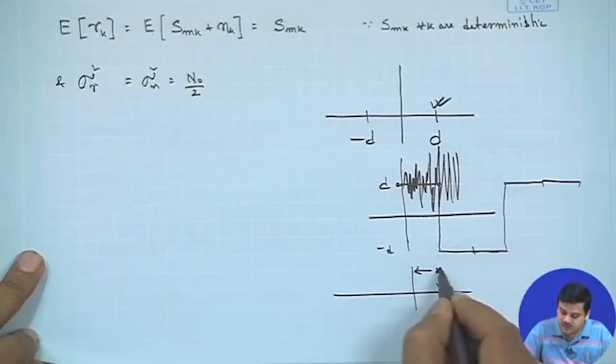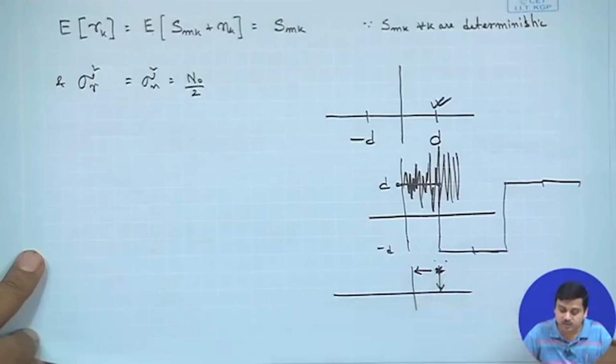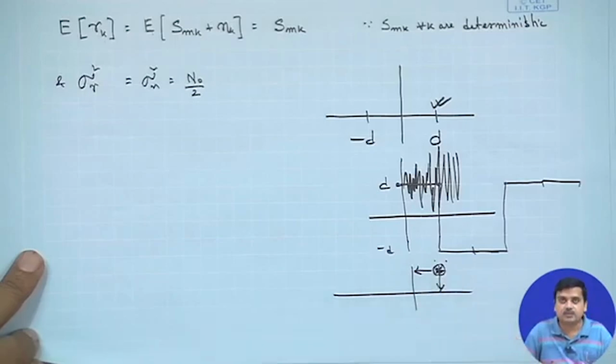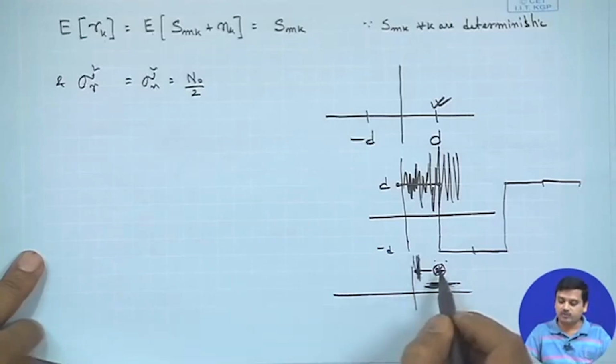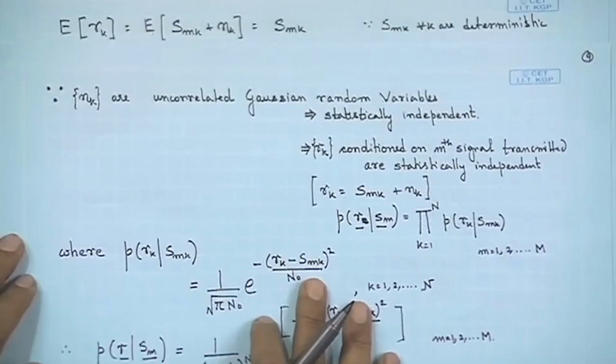So, this received signal could go in any space, but on average, if I am sending this constellation for a very large amount of time, then I am going to get the average value of the received signal as this particular point, the mean value. So, there will be fluctuations in this direction, and in this direction, but the mean value will be the same as this, right. So, what we have is n k,